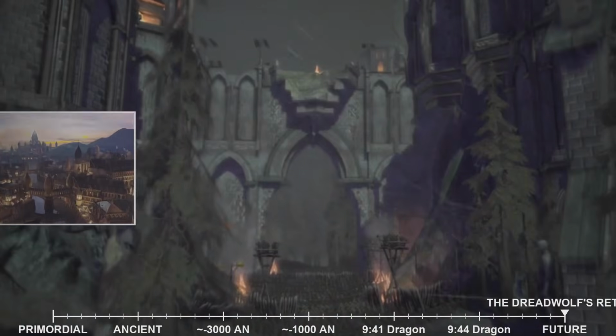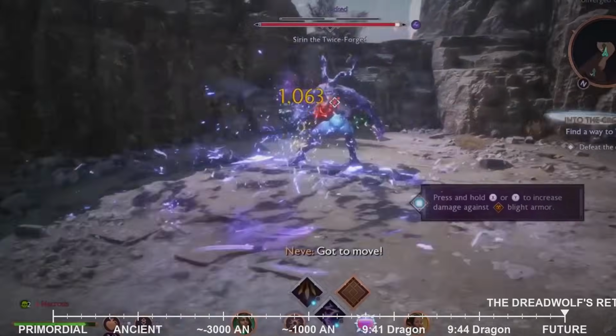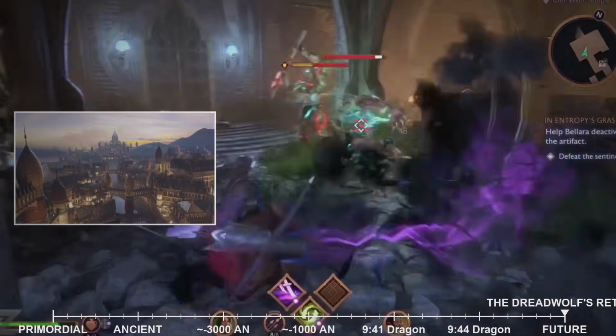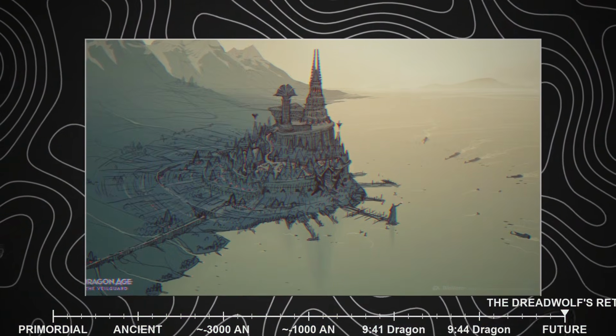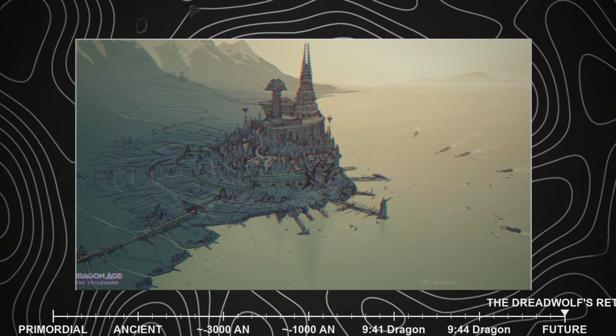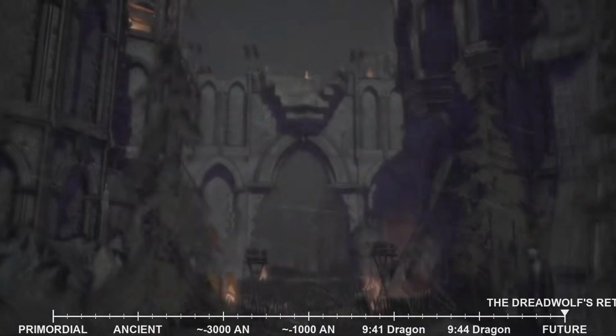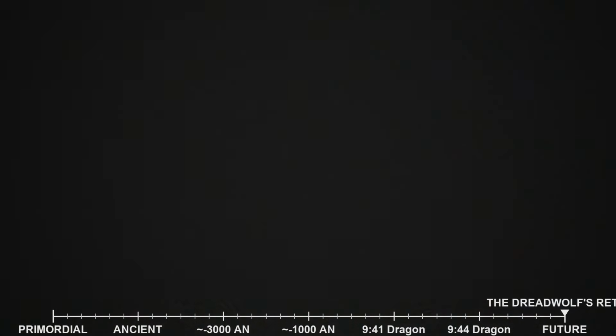Exploring Minrath House will not only offer a visual spectacle, but also a deep dive into Tevinter society, its unique architecture, its social hierarchies, and the pervasive presence of magic in everyday life. The city itself could hold ancient secrets relevant to Solas's plans, or perhaps even offer clues to stopping him. The sheer scale and complexity of Minrath House suggest a deeply immersive experience, where every street corner and hidden alley might hold a piece of the larger puzzle.